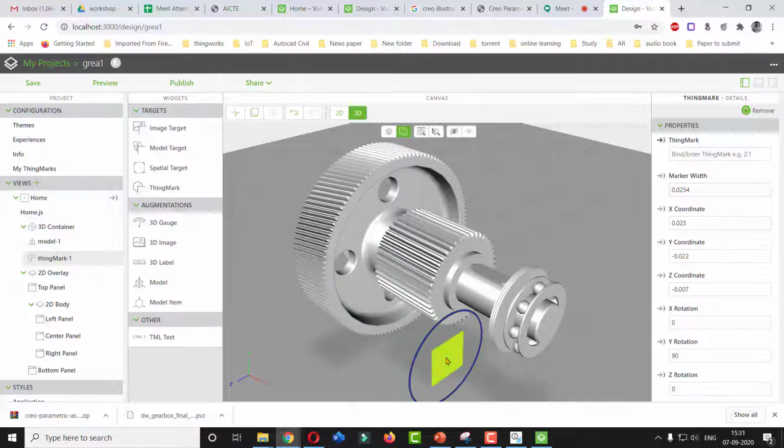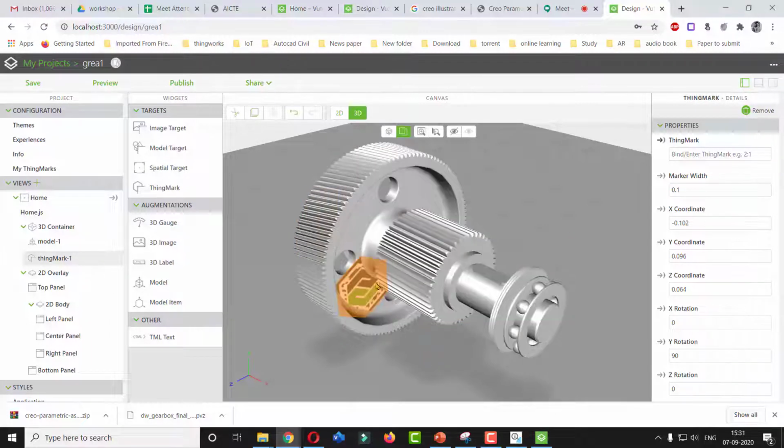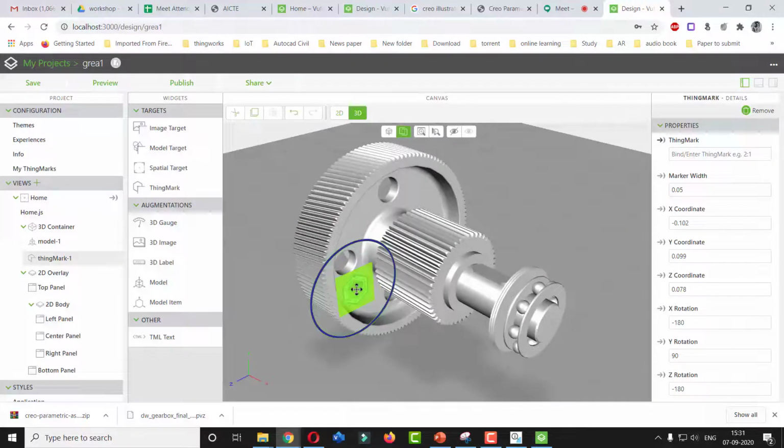So to adjust this particular barcode, you can simply change its width. If I set it as 0.1, the size of the barcode will get increased. So based on the actual size of your barcode, you are going to set it. Now I am going to set it as 0.05 and place it over here.